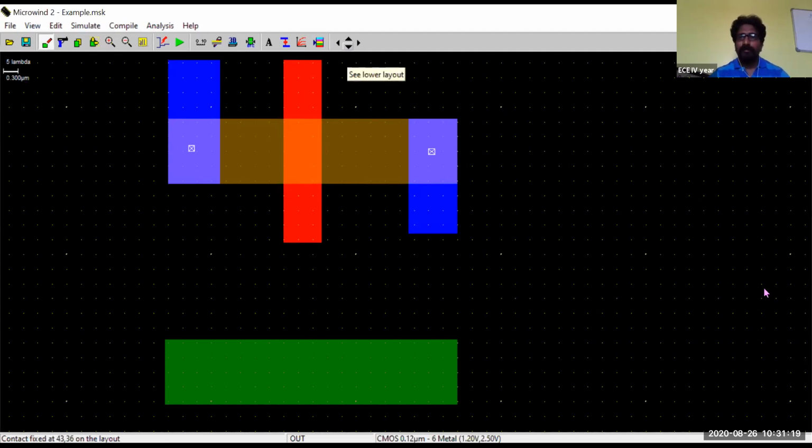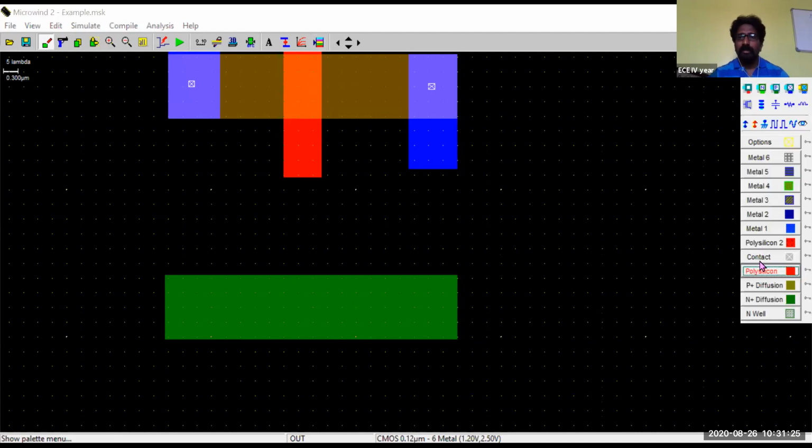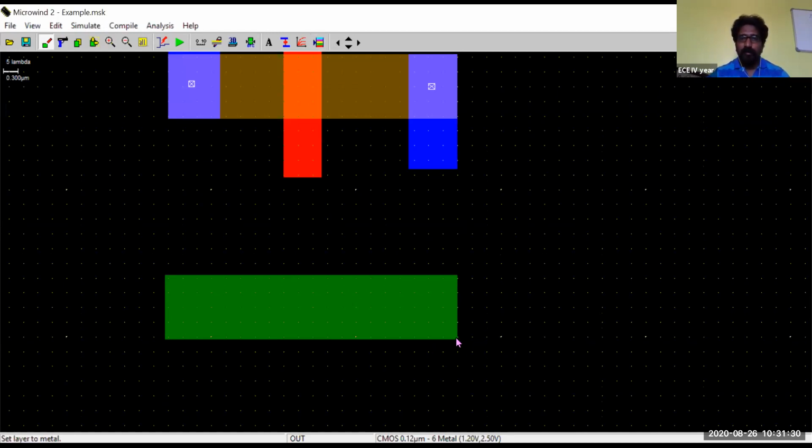Coming to this one, now create the source and drain of the NMOS. Click on the palette. With the help of metal one, draw the drain terminals. So now this is a drain terminal of your NMOS.